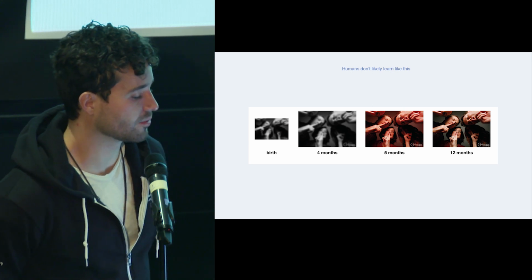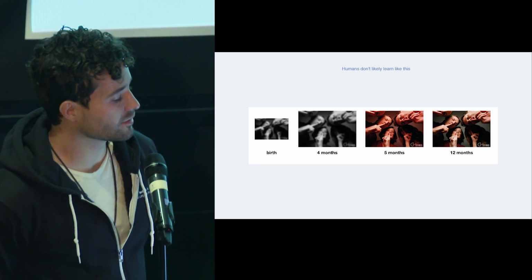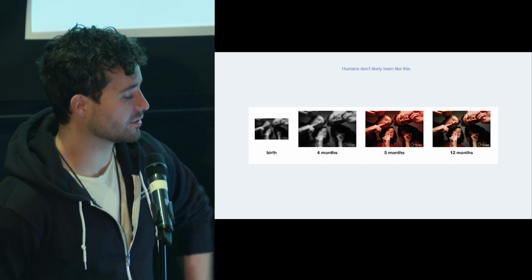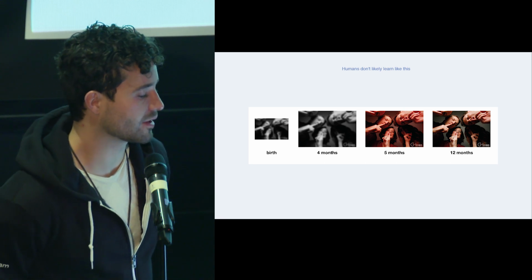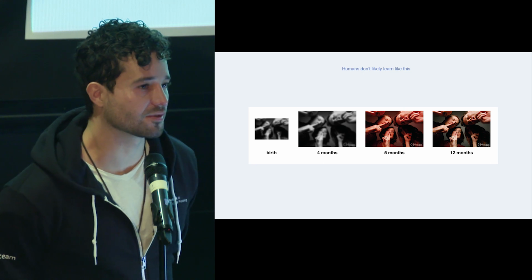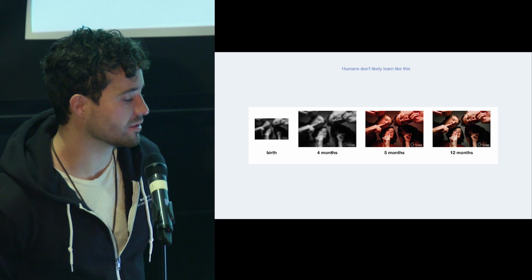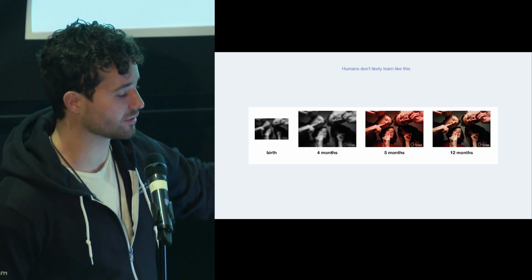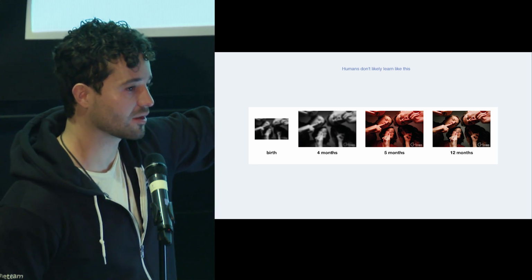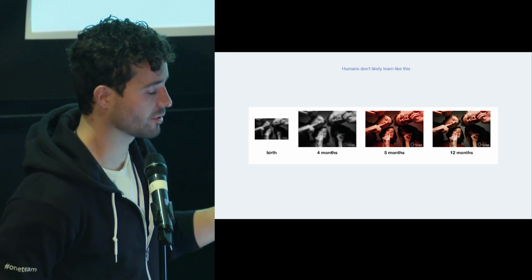When you're an infant and you develop your sense of vision, the first thing you see is just a bunch of blurry pixels. You don't see any shapes or anything. As time goes on, you start sharpening those pixels into actual objects. You start clustering them into objects. You add color back in, and then eventually have a full clear picture.